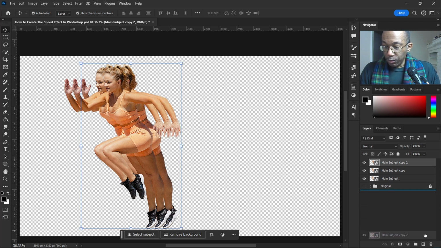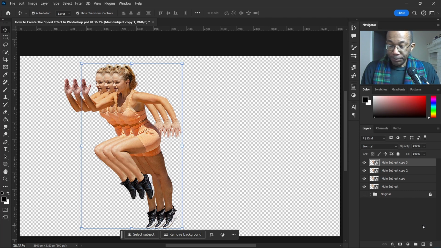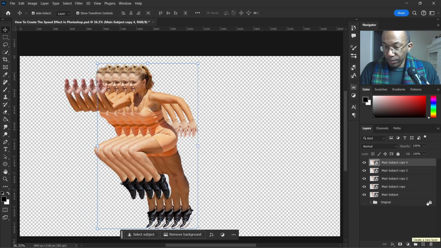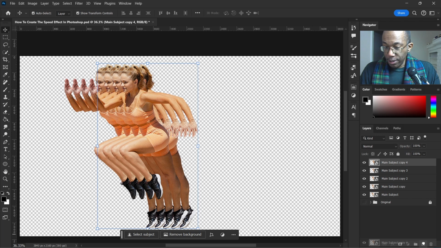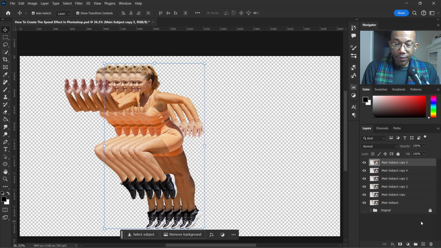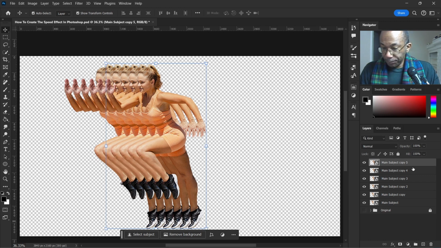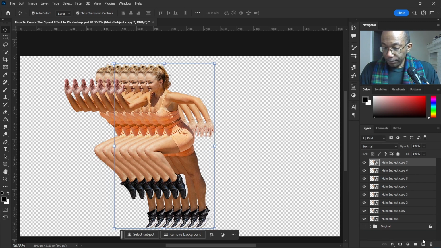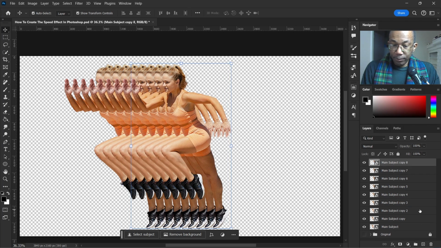We'll repeat this process. Copy, Shift, 1, 2, 3, 4, 5, 6, 7, 8, 9, 10. Okay, I think 8 copies